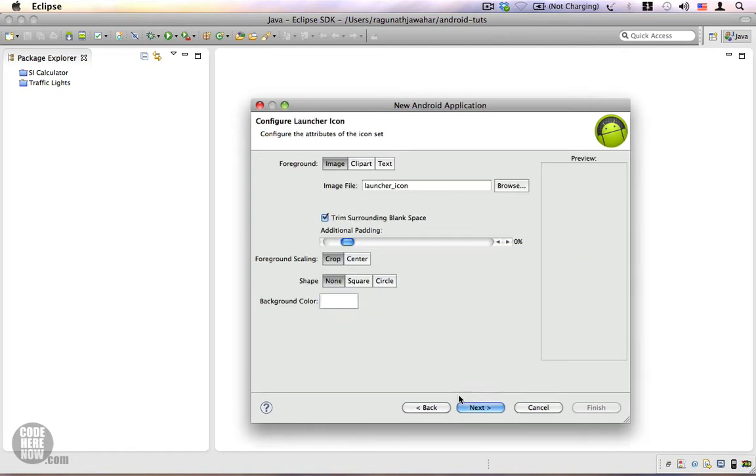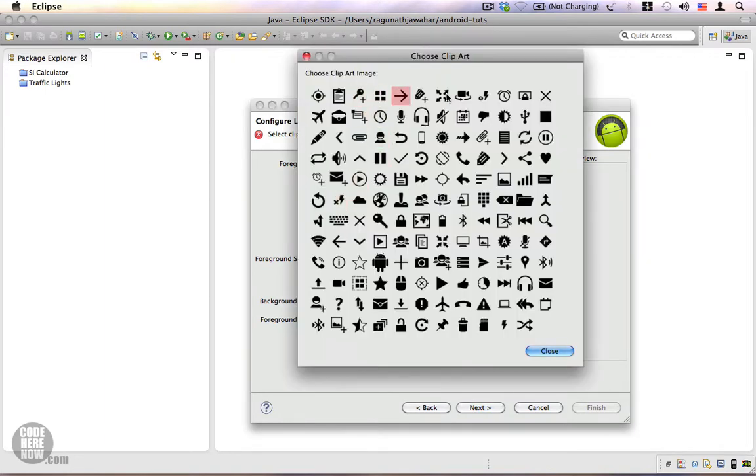Now click on next. Since we selected the create a custom launcher icon option in the previous screen, we are presented with this configure launcher icon screen where you can create a new launcher icon for your application. You can select from a list of default clip arts which the ADT plugin offers. You can select any of these clip arts,